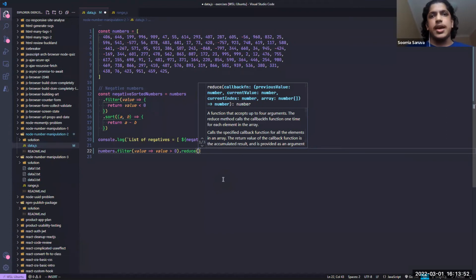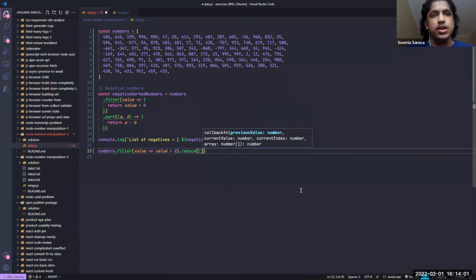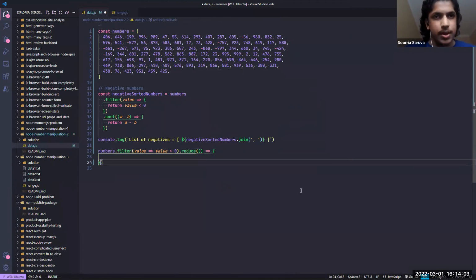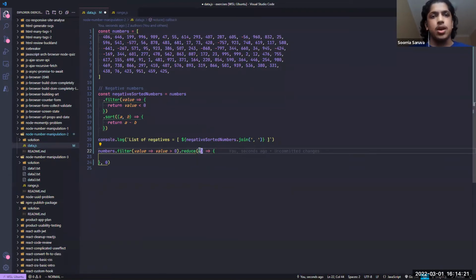So the arguments that reduce takes are a function and the original value, which defaults to 0. So the function, let me just format this a little bit. Sorry, write out some boilerplate. It takes this function, which should return the next accumulator value, and it takes an initial value. You don't need to provide this initial value, but in general, it's a good idea because it makes your code a bit more clear. And what the function you pass to reduce here would be,